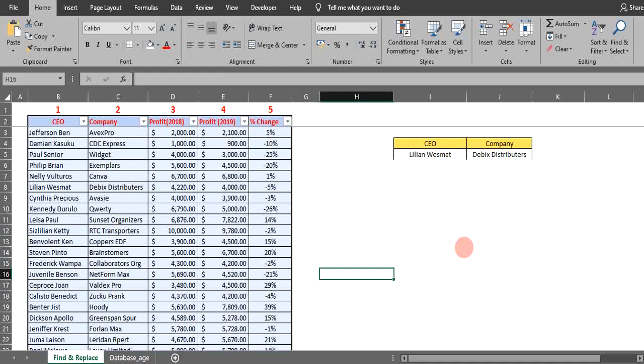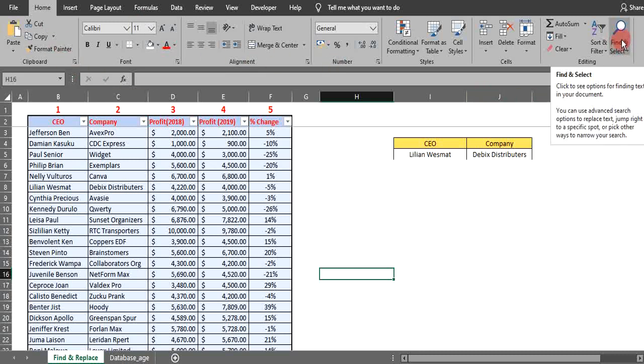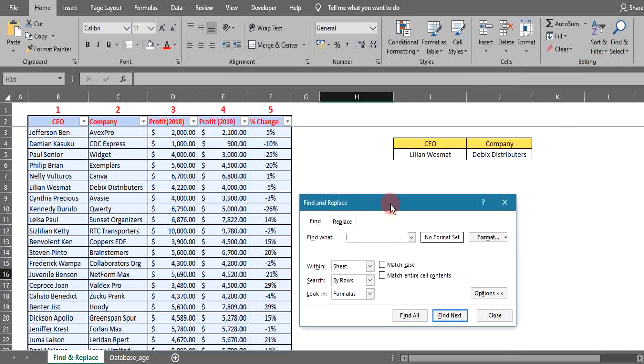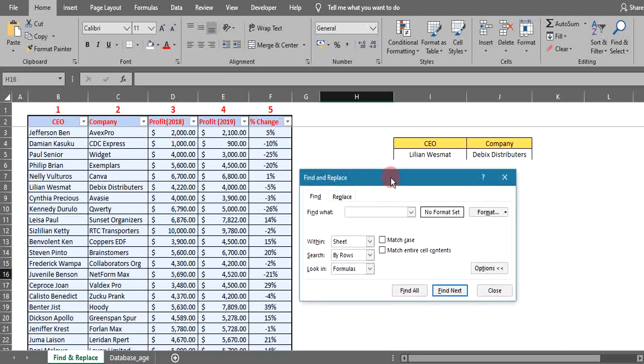To access the find and replace tool, you have two options. You can go to the Home tab, then check this particular menu, and you see there we have the find and select option. When you click on that option, you'll be given a pop-up having various options. You'll select, for example, find, if you want to find. Once you select that, you'll have this find and replace dialog,